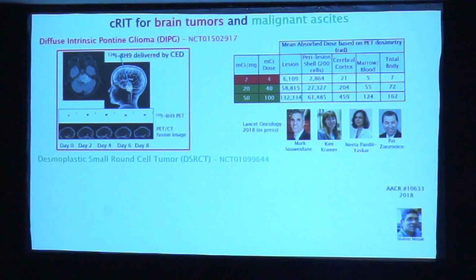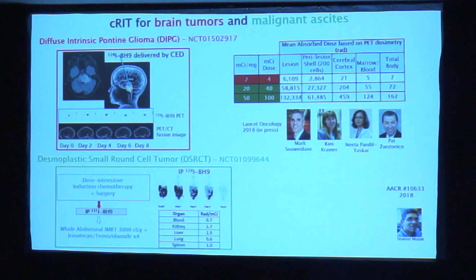So this approach was now applied to the intraperitoneum, where you take the radiolabeled antibody and inject it into the peritoneal cavity. And this is for desmoplastic small round cell tumor, which has always been difficult to cure. With this approach, we can now see that we have a much better survival than previously, when we were using chemotherapy, abdominal radiation, and surgery. So this concept now, again,